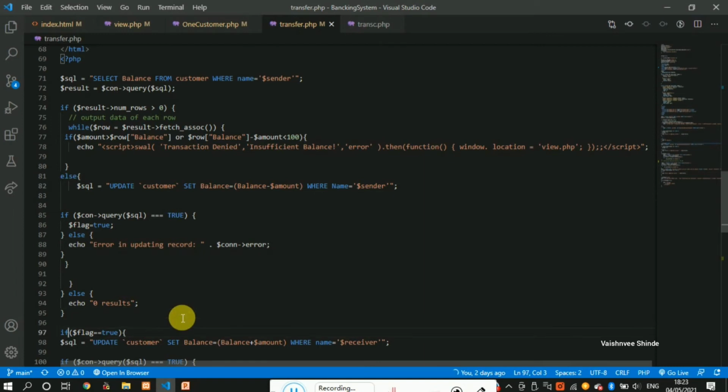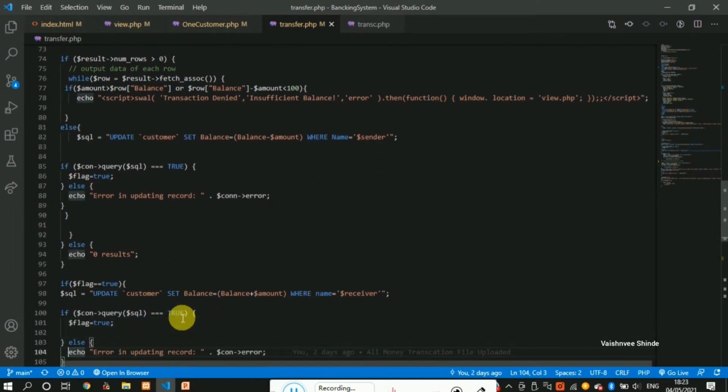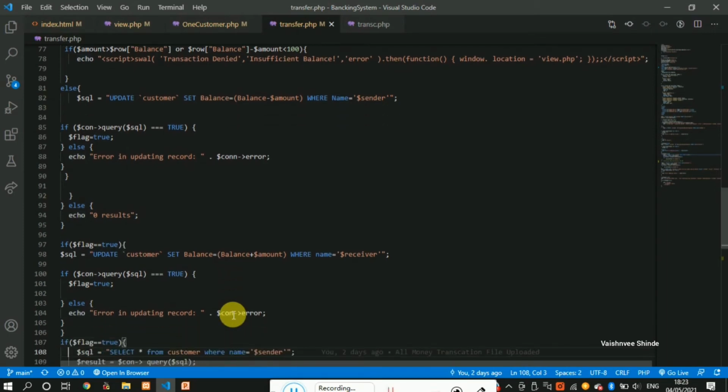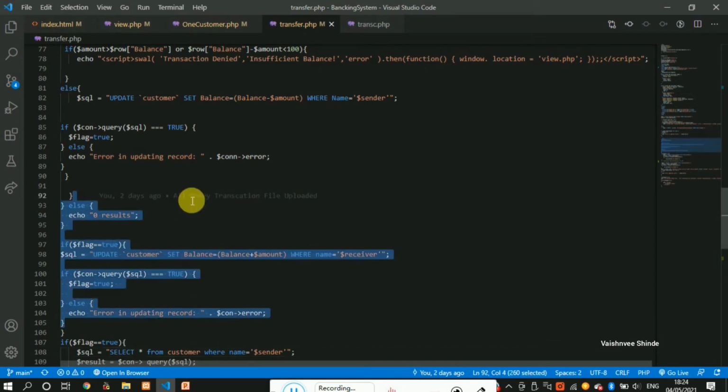Whenever that particular customer is present in the database and your transaction is successful, the flag will go true, and it will update the receiver's amount. After updating the receiver's amount, there may still be chances that the transaction may fail due to some technical issues. At that time you are able to see on your screen why your transaction failed. So this is the logic behind that.